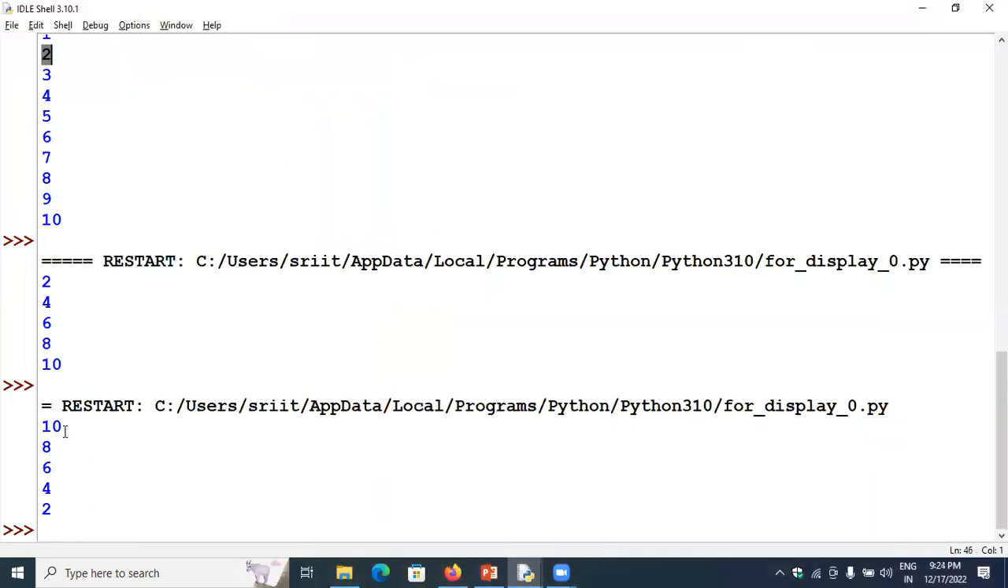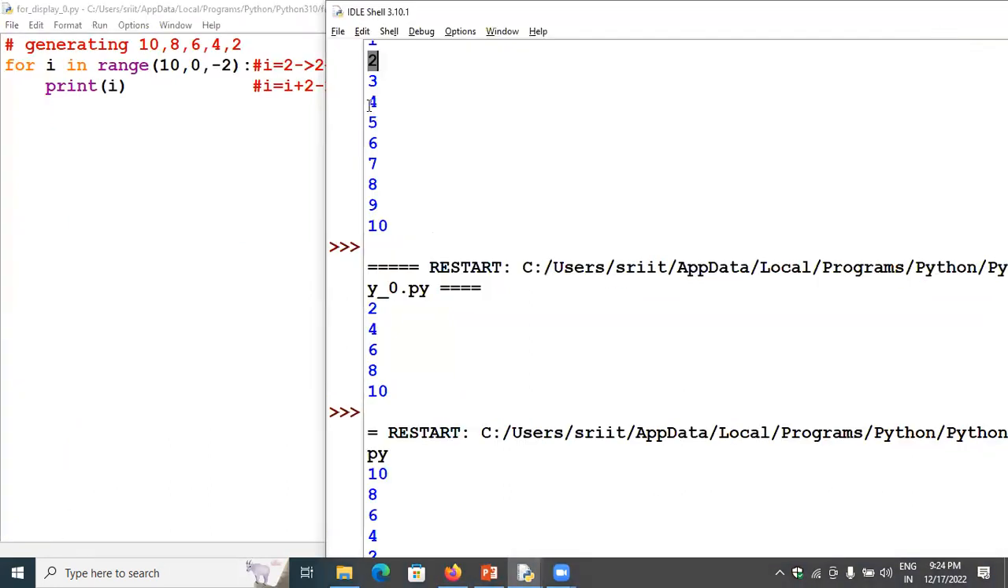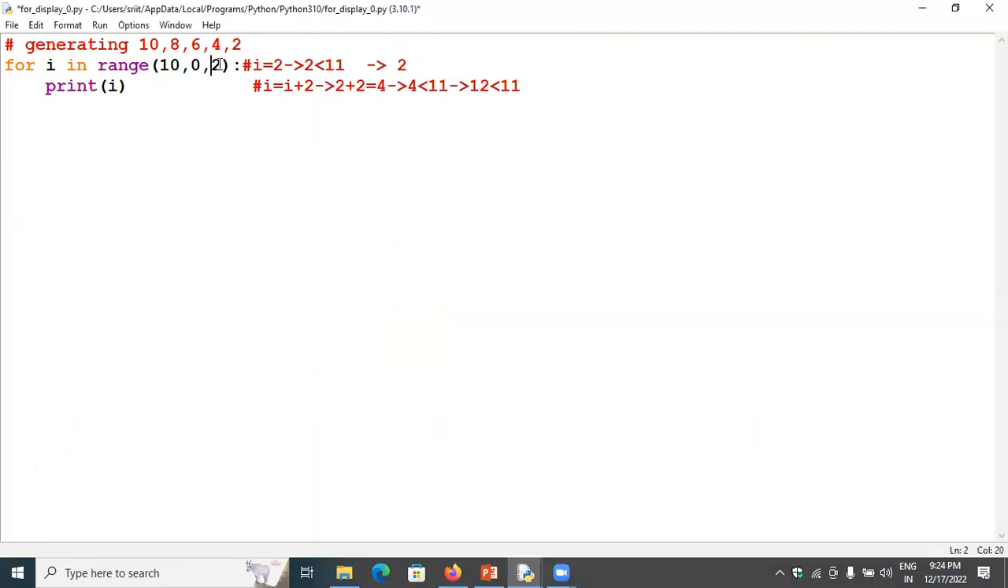See, 10 8 6 4 2. Suppose if you give here 2, what will happen? 2 won't be taken. So that means except 2, all will be printed. That means 10 will be printed, 8 will be printed, 6 will be printed, then 4 will be printed. 2 won't be printed because